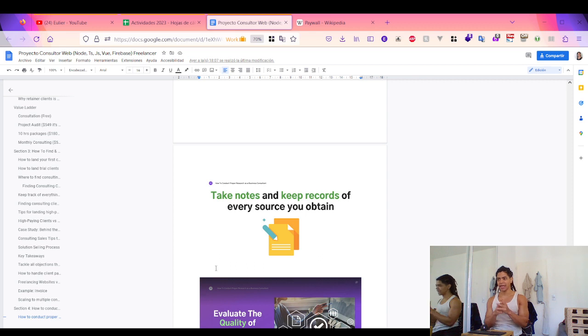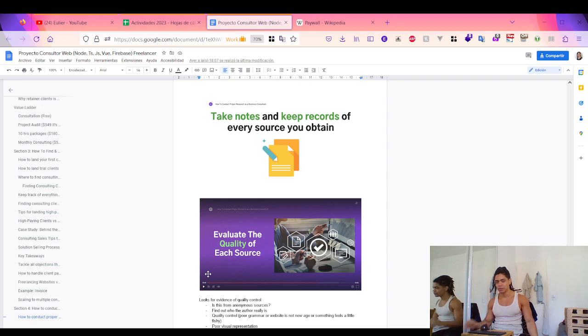Take notes and keep a record of every source you obtain: your first party data, second party data, third party data.